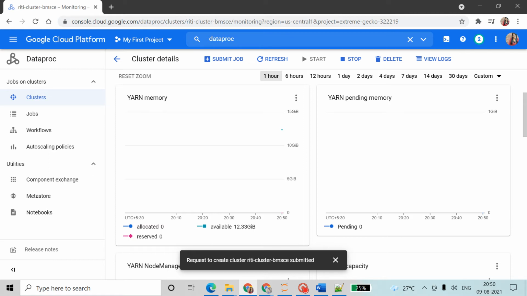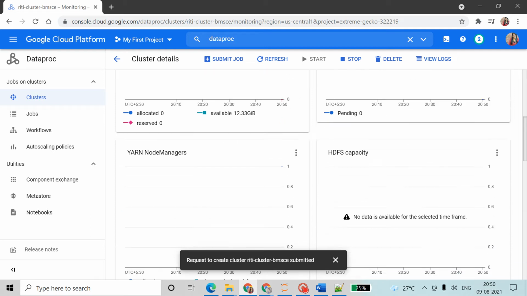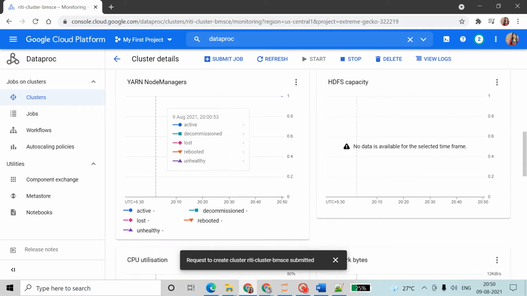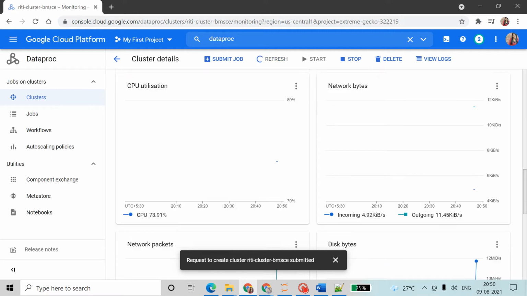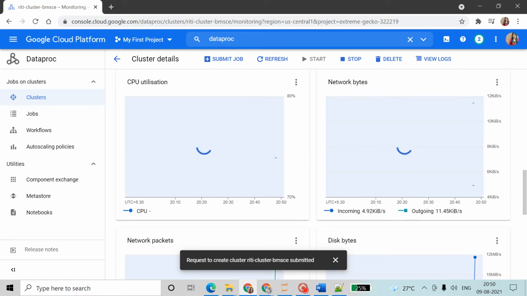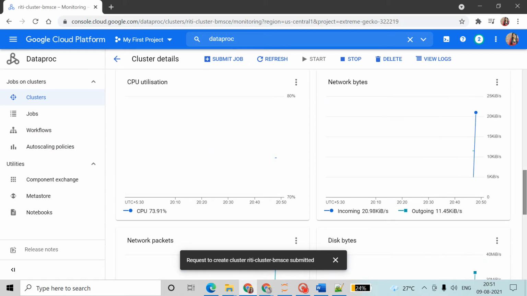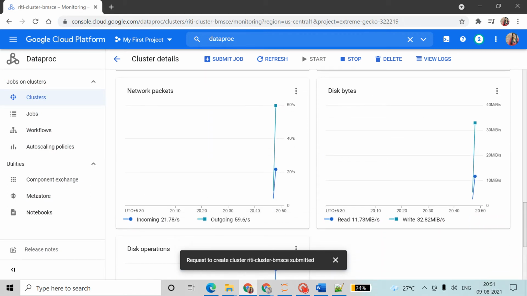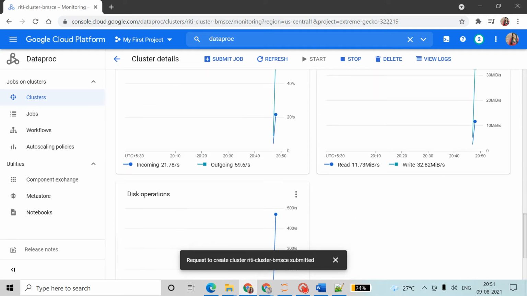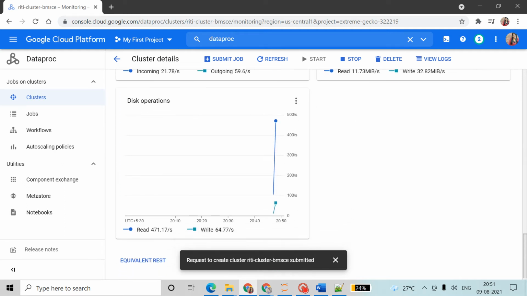So here is Spark YARN memory, YARN pending memory, YARN node memory, HDFS capacity, CPU utilization, network bytes, network packets, disk bytes, disk operations.